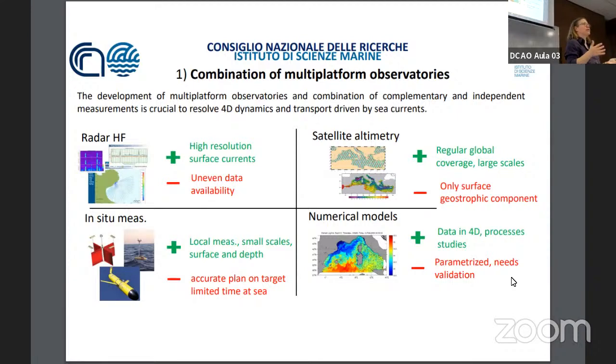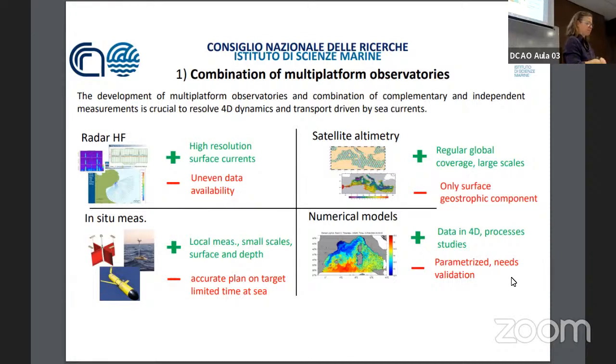In situ measurements, on the other hand, can help us to resolve what happens in the vertical, so in the water column. The drawback of this is that for an in situ activity, a very accurate plan and target is generally needed. Also, we generally have limited time at sea that is also affected by meteo marine conditions. And so the combination of all these in the end can give us a complete